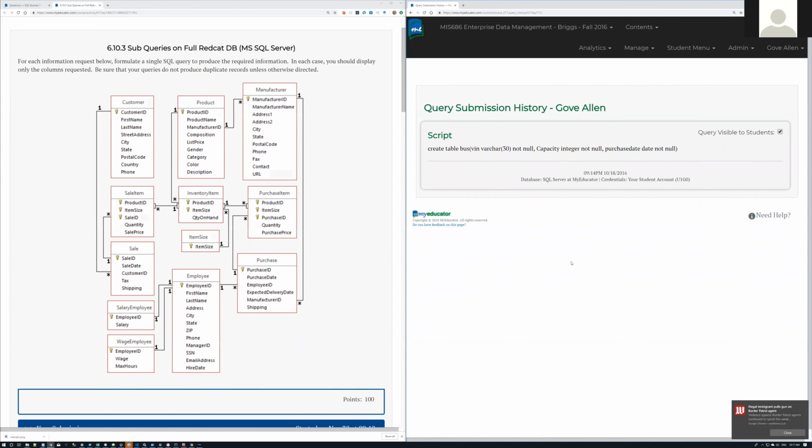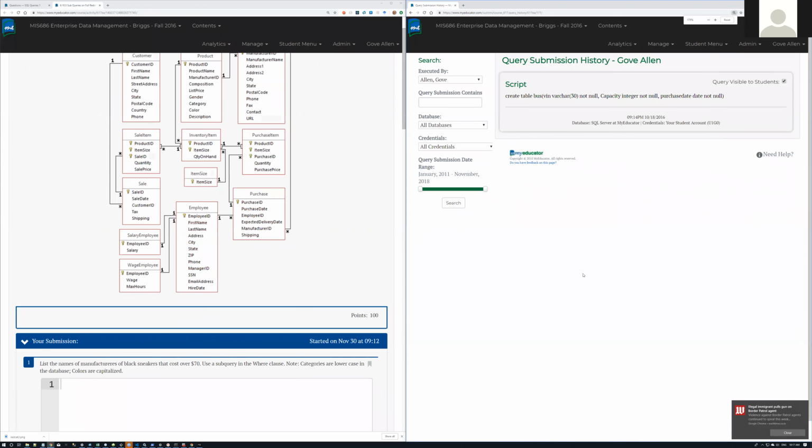And let's see, it must be too big. There we go. So right now, this is showing all queries that are executed by me. And create table. I'm not quite sure. Okay, I'm looking at the wrong person. Anyway, as an instructor, you can look at your query history or any of your students' query histories